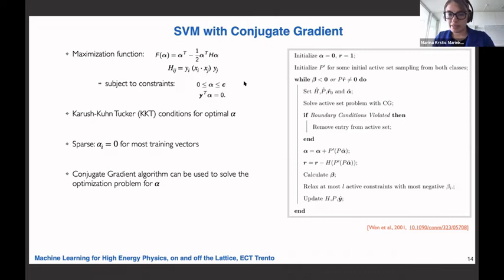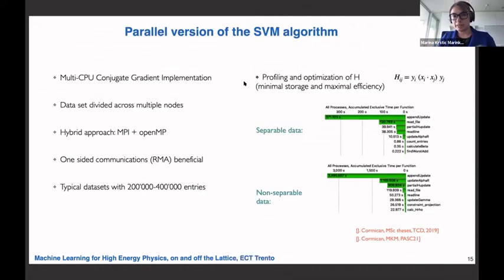Once we have written down this algorithm, how to perform the classification by using the conjugate gradient instead of sequential minimal optimization, then we embarked on implementing this conjugate gradient algorithm which would work on multiple CPUs. And before implementing with the conjugate,